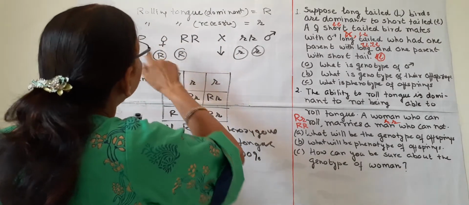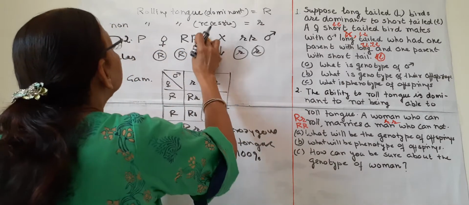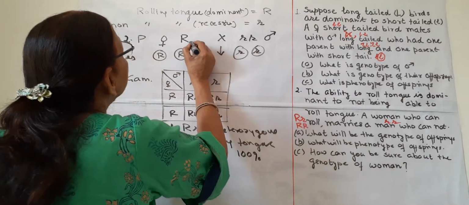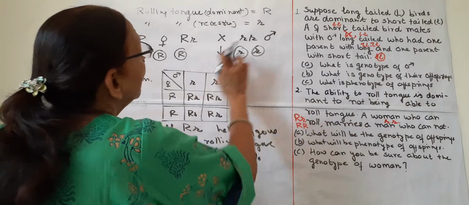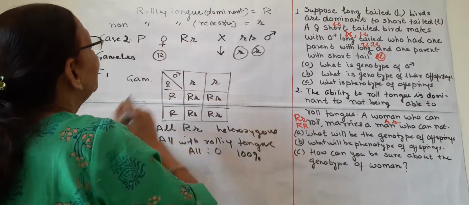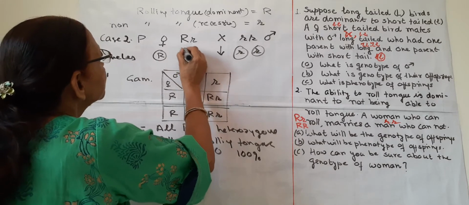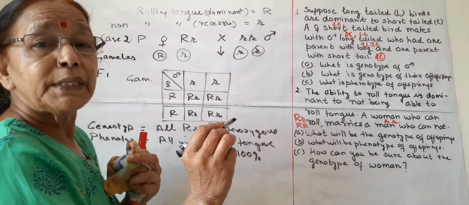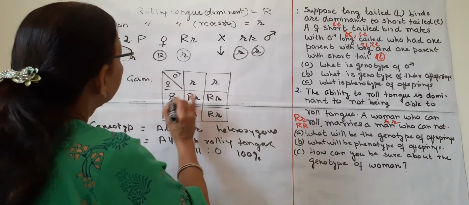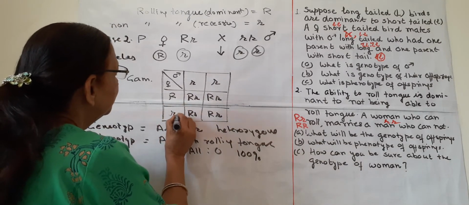So again in case 2, parents female. Now we take this female as heterozygous. This one, first one. And the male is same. And here the gamete will be different. One is capital, other will be small. So these two gametes will be formed in case 2. So again the same thing. This is female, only this will change.